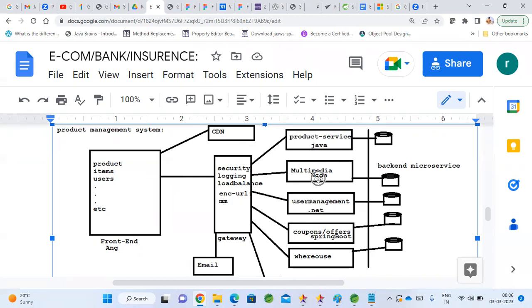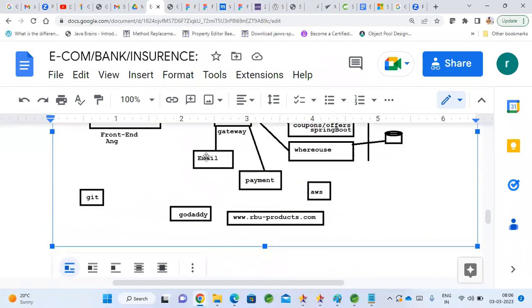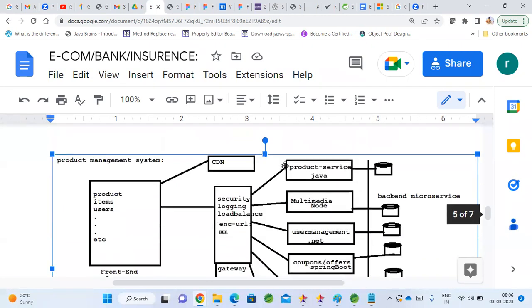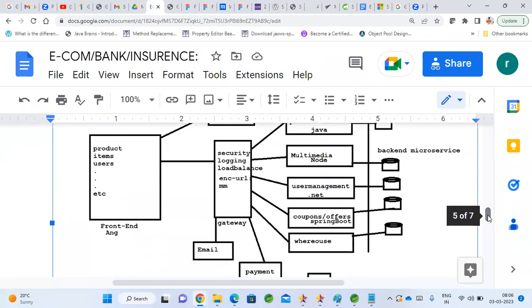So for multimedia, let's divide our application into multiple microservices. We'll create one gateway microservice, one load balancer microservice, one security, one logging, and one email service. Payment is not required. So apart from your actual backend microservices, we have additional microservices: gateway 1, email 2, security 3, logging 4, load balancing 5. For tracing, you don't need any special microservice, but we will configure some